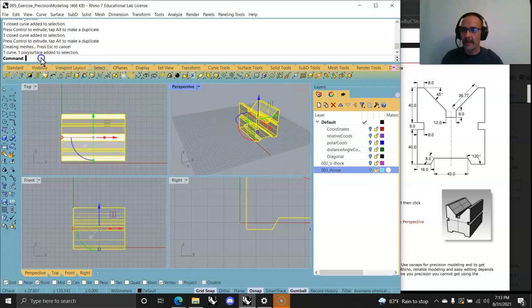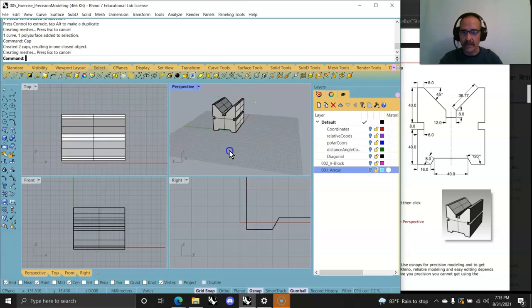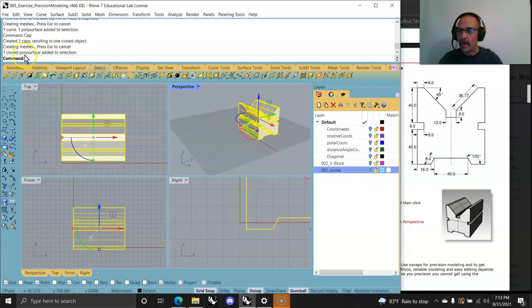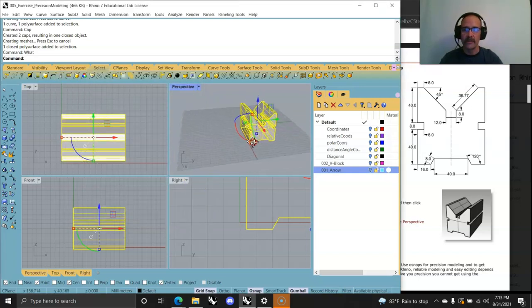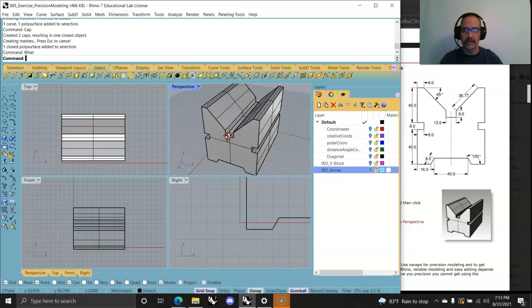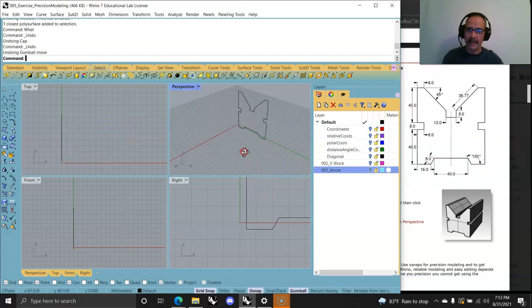There's a wonderful command I want you to get into, which is Cap. And there you go. You should have capped both sides when I did that, I believe. And that is, you click it, all one closed polysurface, but in case you didn't catch it, that is a polysurface, and ready to go to a V-groove to be manufactured and turned into something. I can go back and I can show you that back in this version, back to here,